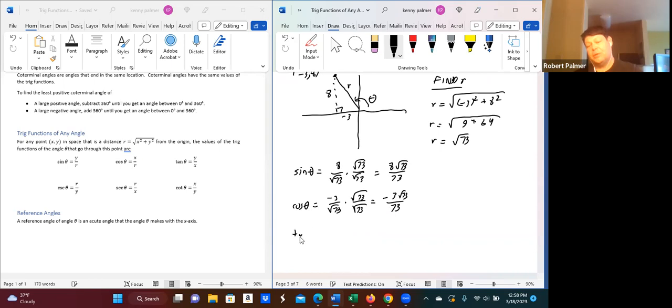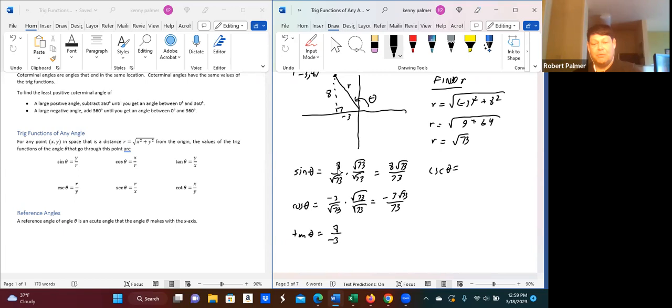Then tangent of theta. In this case, I might not have to rationalize this one. Let's see. This is y over x, so that's going to be y, 8, over negative square root of 3. I'm just going to leave the negative out there, bring that to the front. That's fine. Now, if we do the reciprocals, the cosecant of theta, the reciprocal of sine, and actually that one,